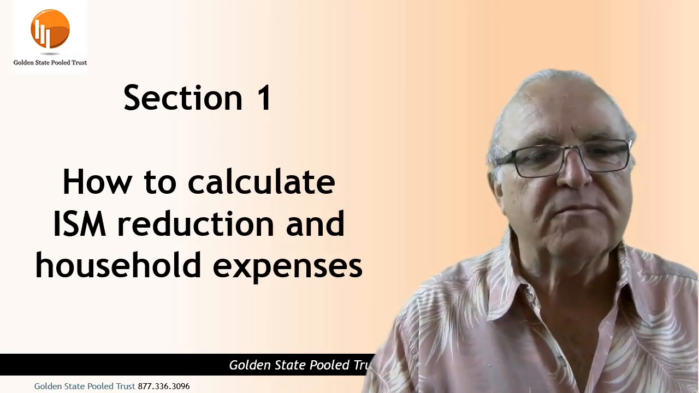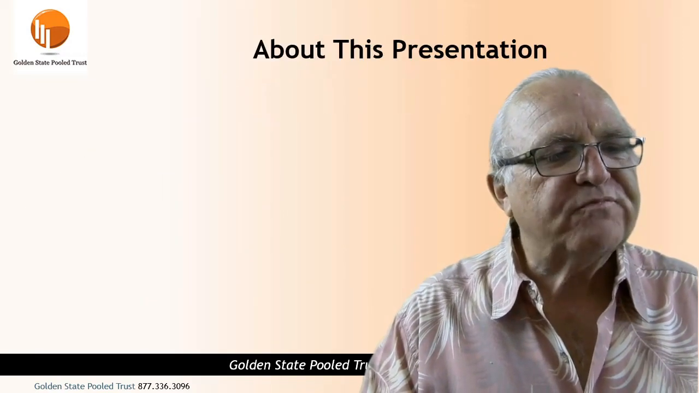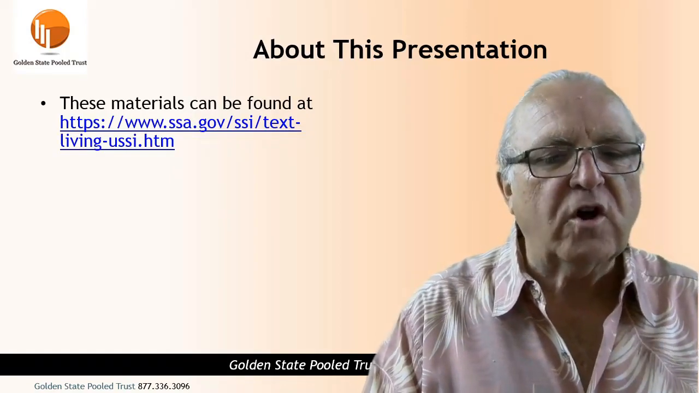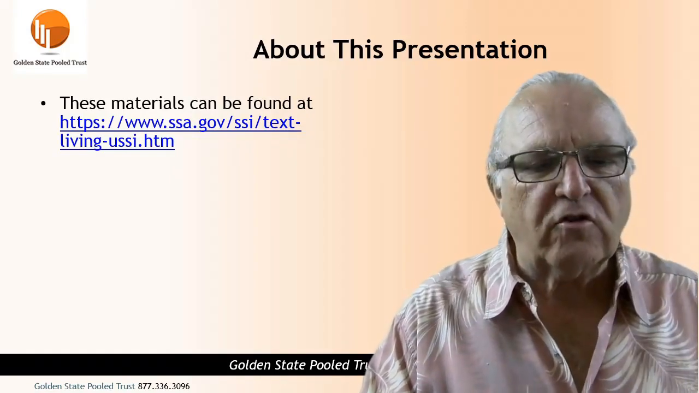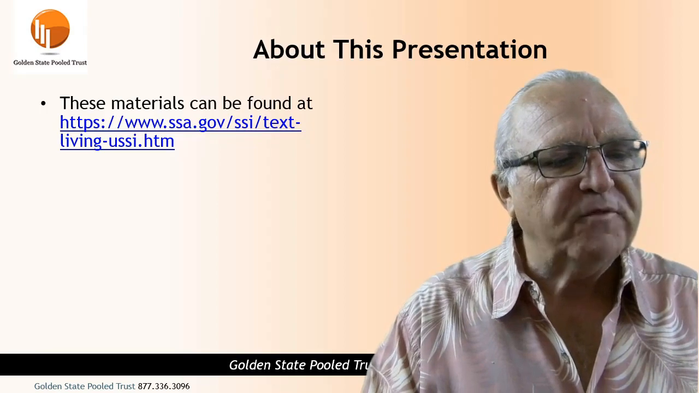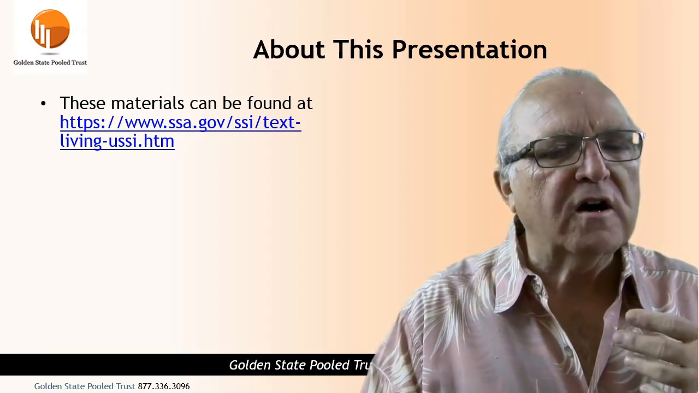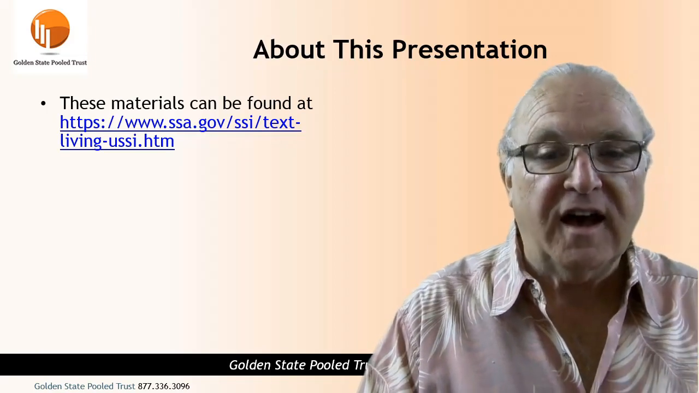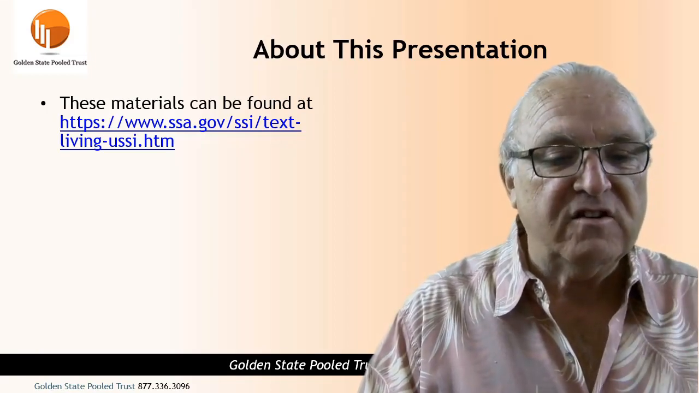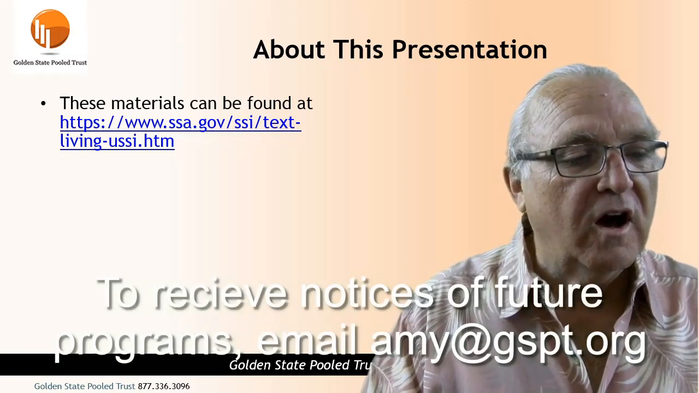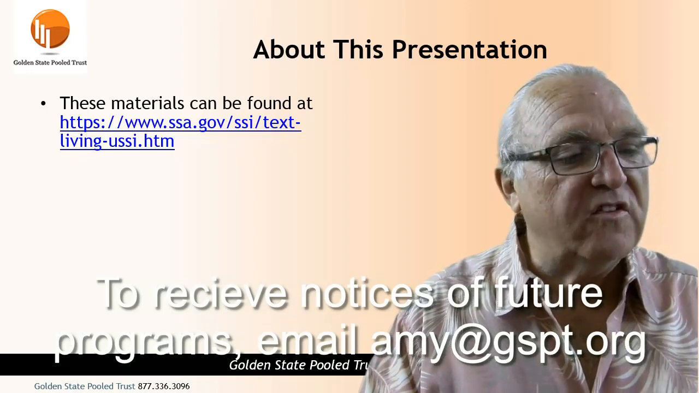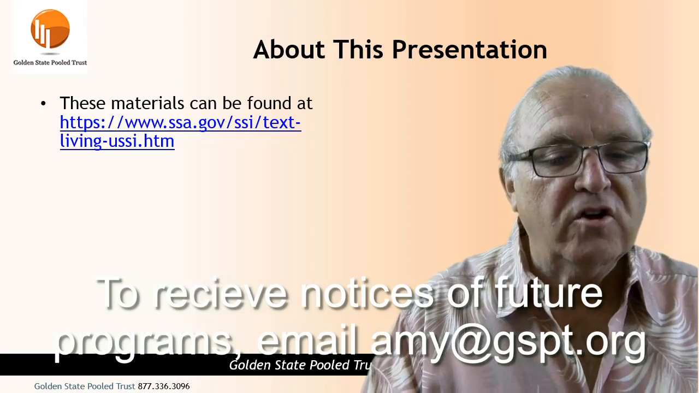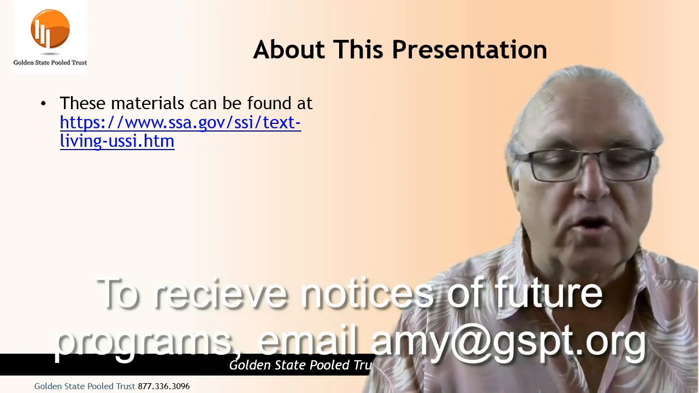So let's go through this first section, which is how to calculate in-kind support and maintenance reductions and household expenses. Okay, so one of the things we're going to do in the first part of this is go through a link that's on the Social Security website here. Now, once again, for those of you that are watching, email Amy at gSPT.org here. What we'll do is we'll send you this link. Otherwise, if you go to this link and type it out, you're going to see the materials we're about to go through